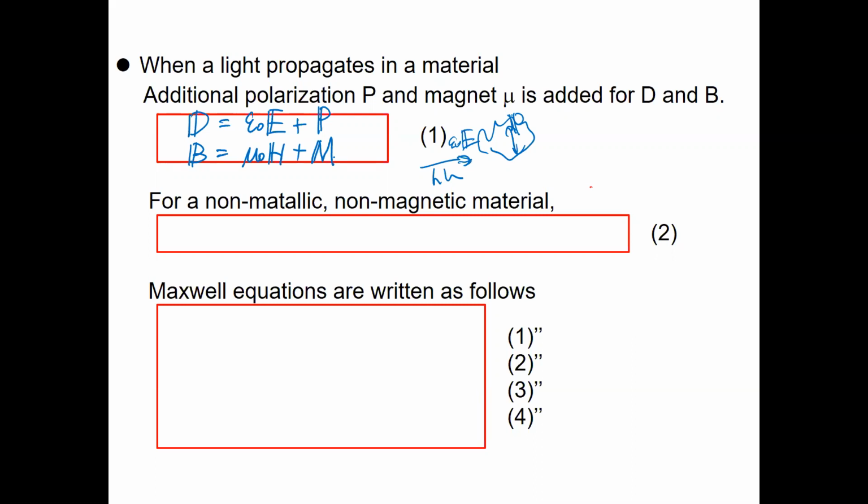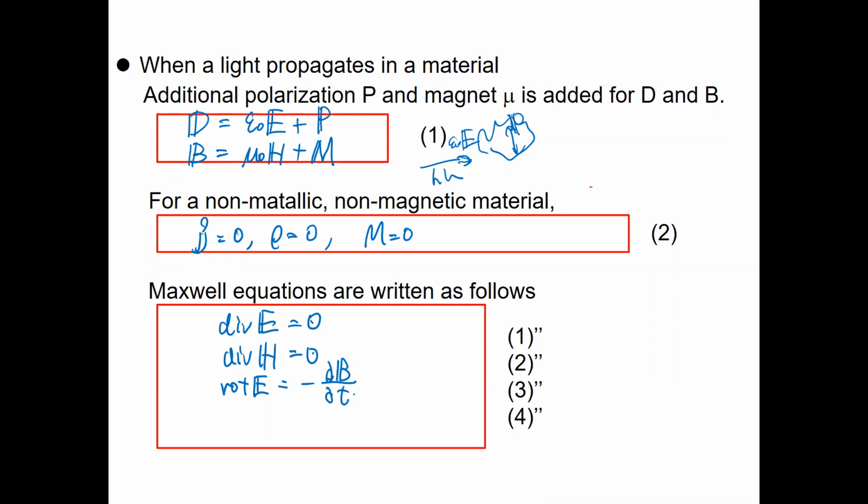effect. And now we will think about the non-metallic and non-magnetic materials case, where the current equals 0, the charge is 0, and M equals 0. In this case, the Maxwell equations can be written again: divergence E equals 0, divergence H equals 0, and the rotation of E equals minus dB/dt,